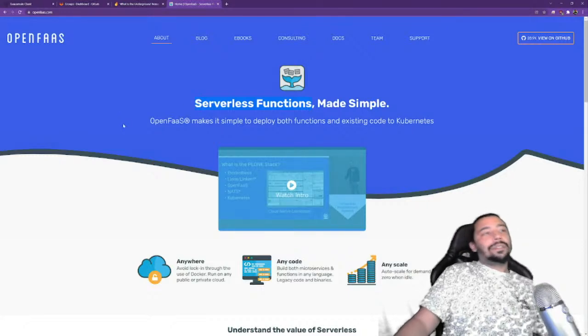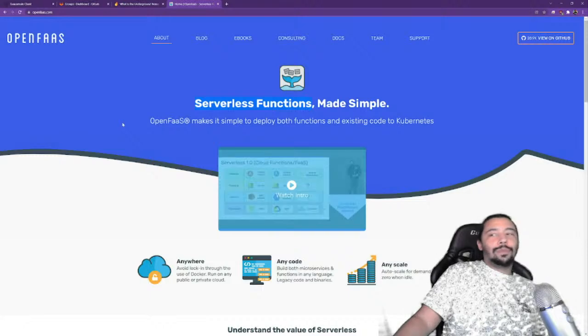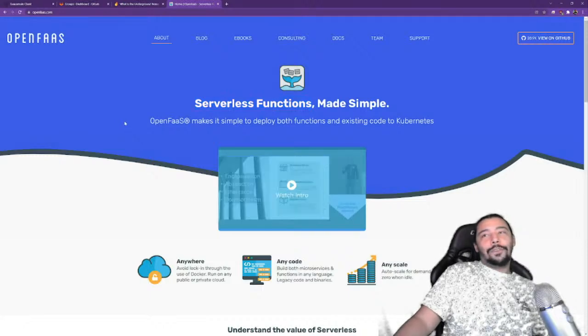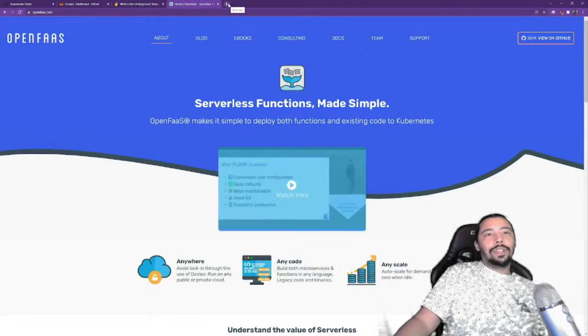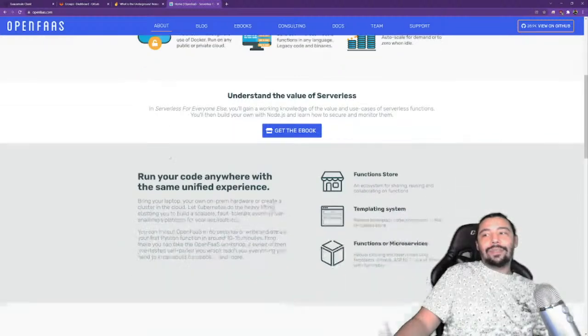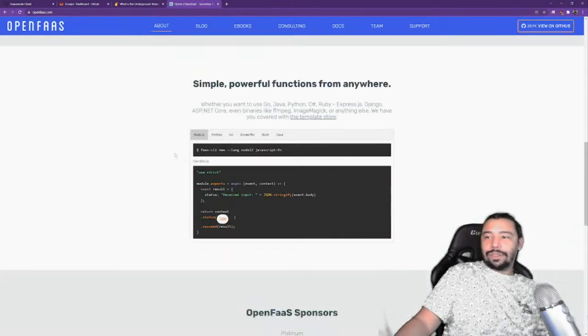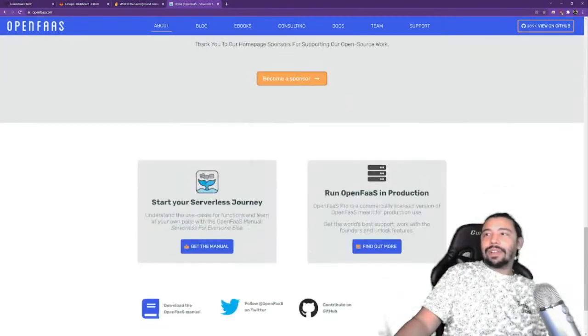Now, OpenFaaS is a little more open source, but you have to pay if you want all those premium Zapier features. Zapier you can use for free, but if you start wanting to use more of their resources, all of a sudden Zapier starts costing money.